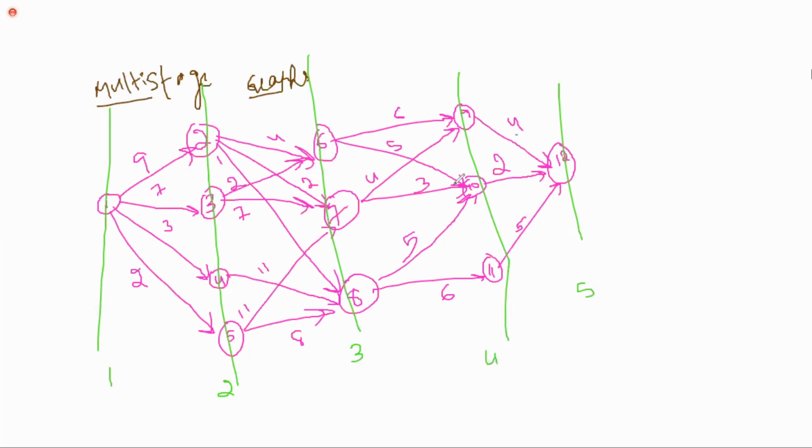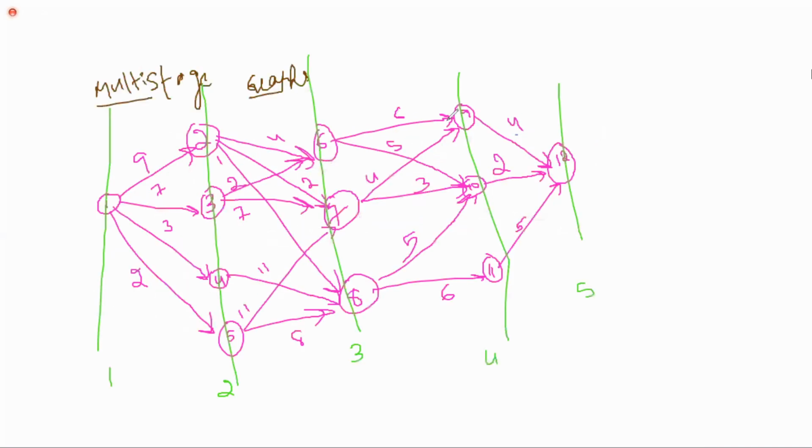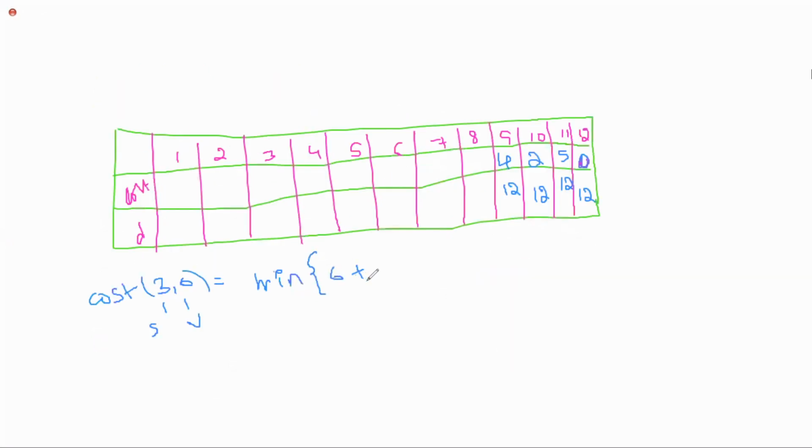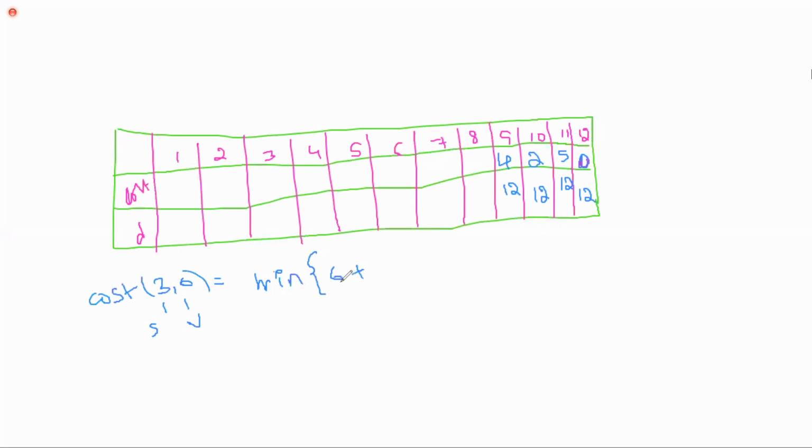How many outgoing edges do we have here? 2 outgoing edges. So how can we solve it? Observe carefully. Minimum of, okay, the first outgoing edge is 6 to 9. What is the cost here? It is 6. So 6 plus, from 9 to 12, we already know the cost. We have noted that in our table. From 9 to 12, what is the cost? 4, comma.